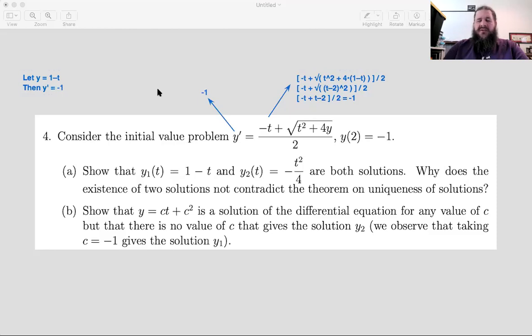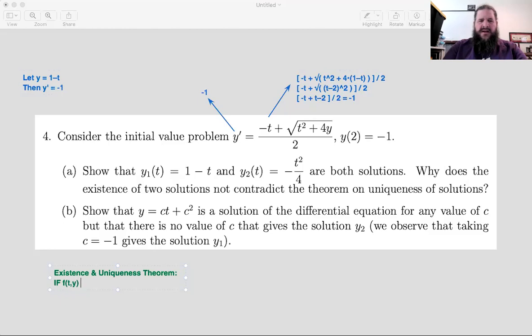The existence and uniqueness theorem says if some conditions are true, then you get one and only one solution. Clearly, we don't have one and only one solution here because there are two solutions. But what's the if part of the existence and uniqueness theorem? What's the requirement there? Yeah, if the function